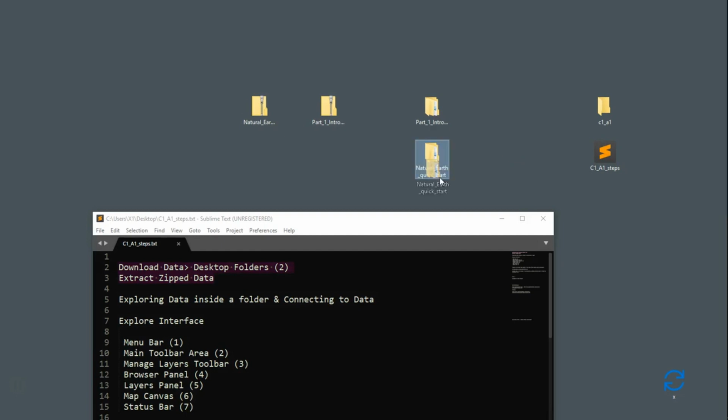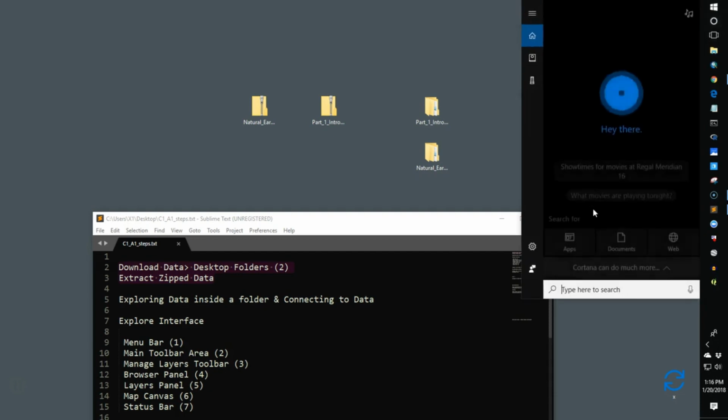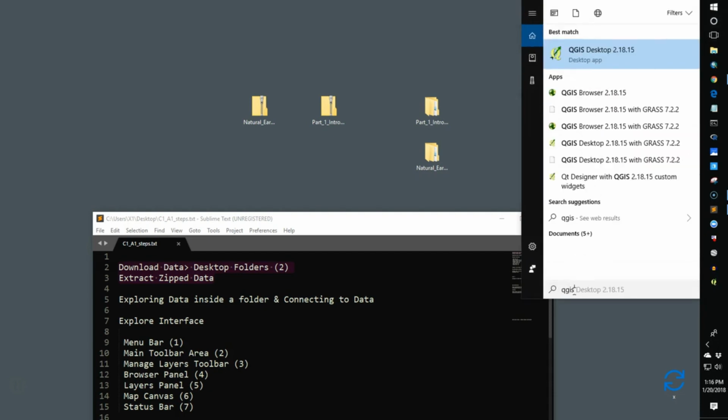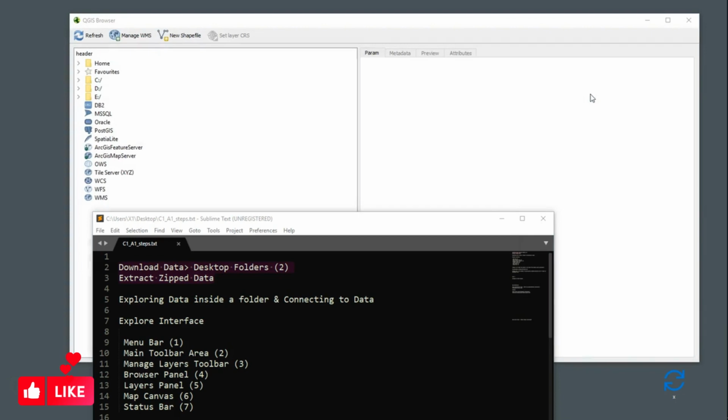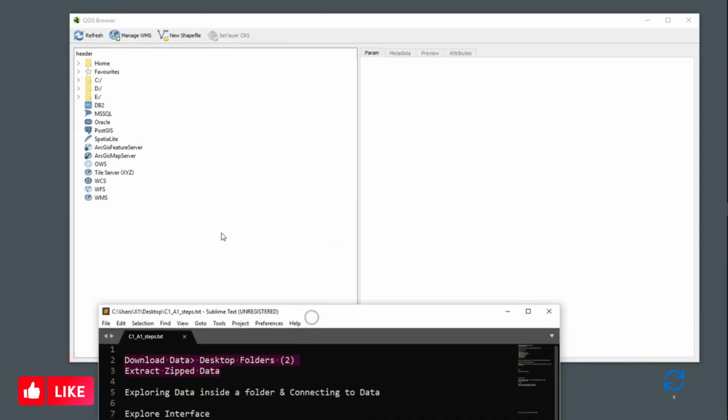So there's 2 ways to do that with QGIS. One is to utilize the QGIS browser, which the second part of the assignment, which is exercise 1 spatial data models, covers in depth. And I'm just going to go ahead and do that right now. I'm going to open that up. If I search QGIS, it's going to bring me to the desktop, but I can also go into the browser. So I'm just going to click on browser, open that up,